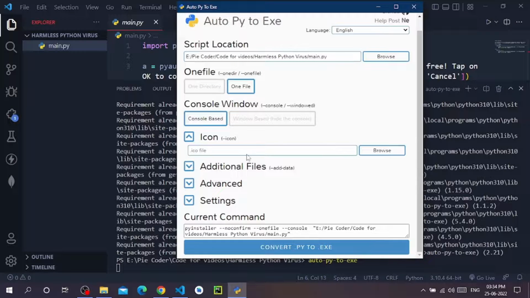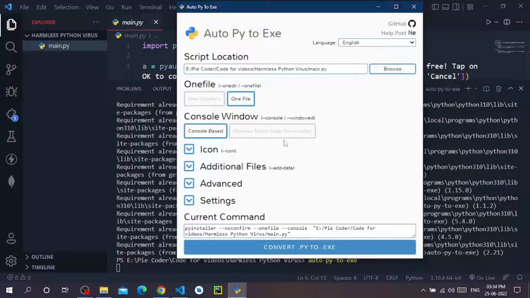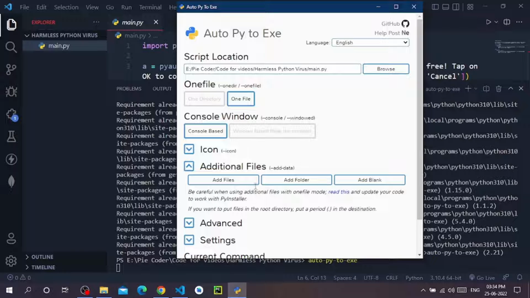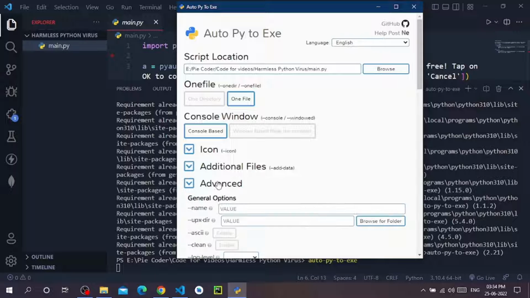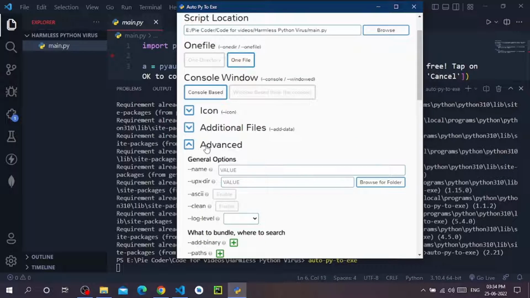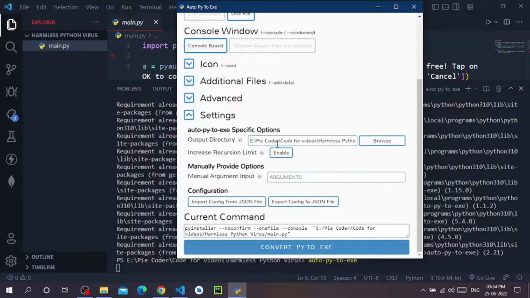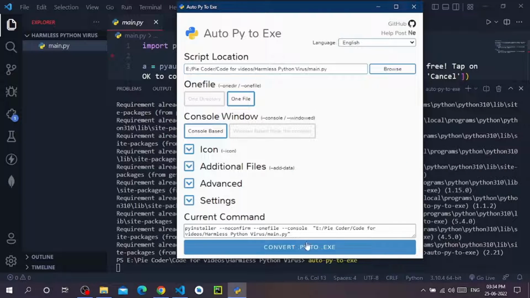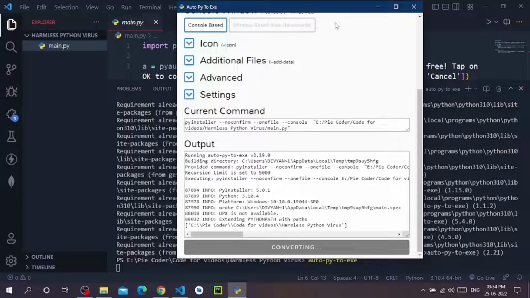Then after, you can add an icon. You will need an ICO file for this. So for now I'm not adding it, and in additional files you can add some more Python files if you want. Then in advanced, it has some advanced options. Then in settings, it has some settings. So guys, after all this setup, you have to just click on this button and it will start converting this